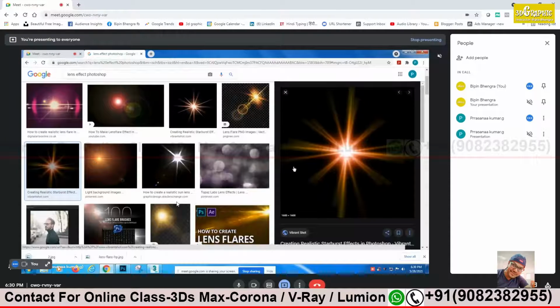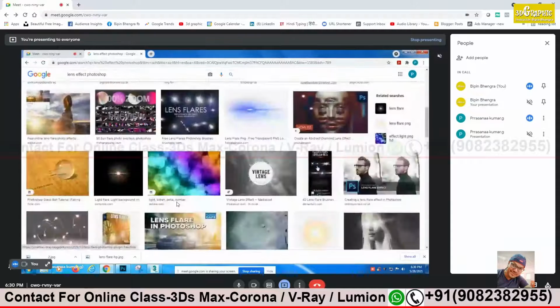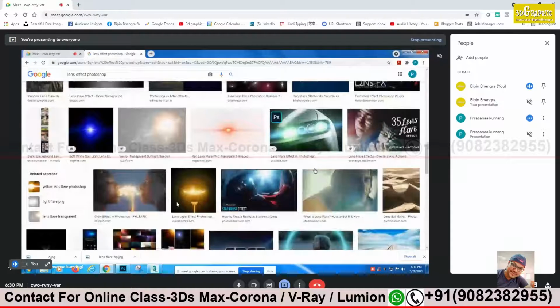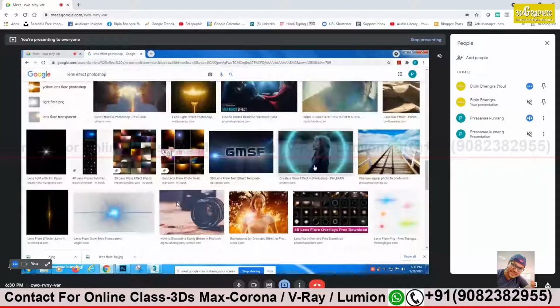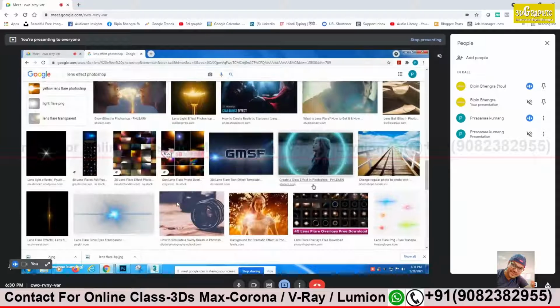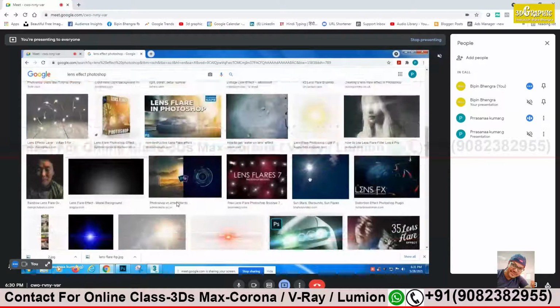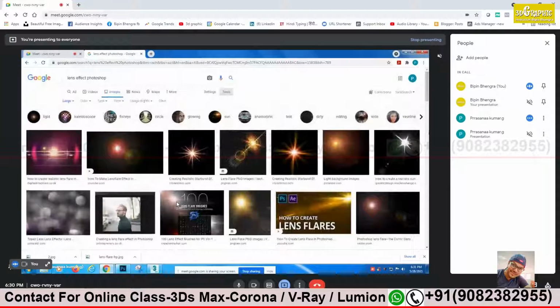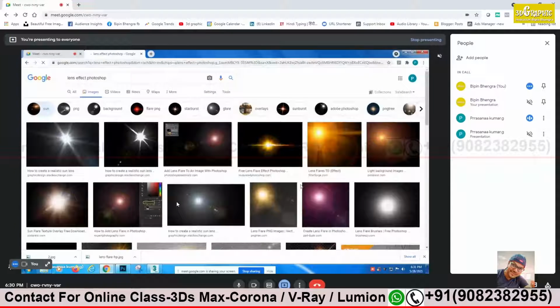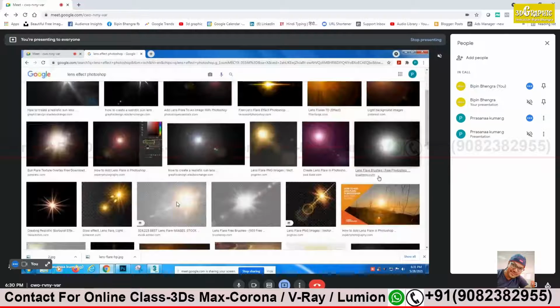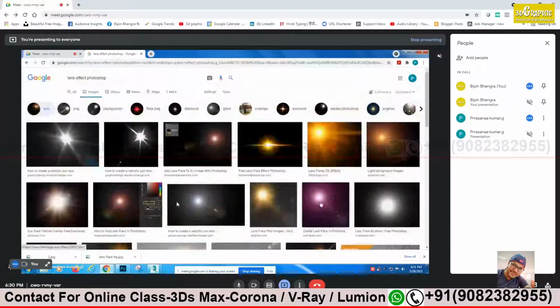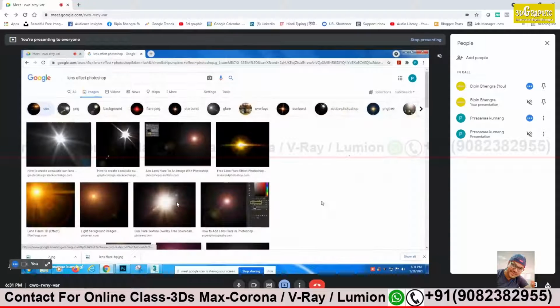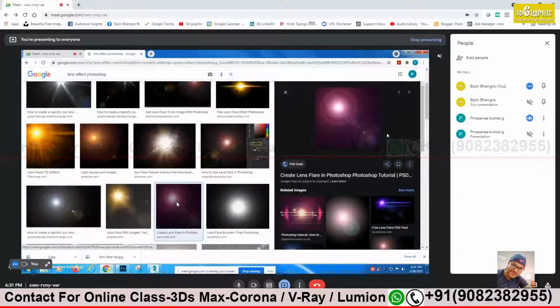Yes. And for the sun, we have to take something. No, sun for daytime you might have to take. Sorry, not for the sun, since in night you don't need. You tell me, I will download and use it for the daytime. Where you see the sun effect, something like this, where you see the circles. Yes, the pink color one. Move up. This one. Yes. That circles. I'll download and keep it. I'll use it for the daytime.